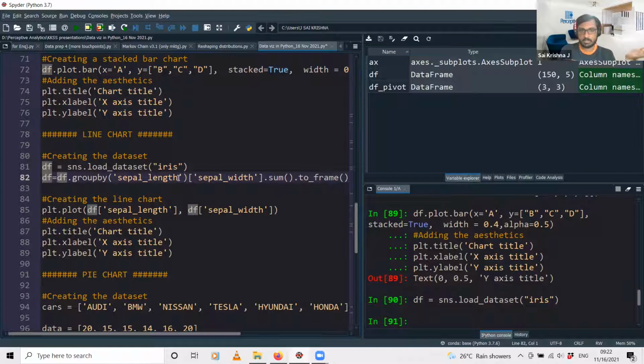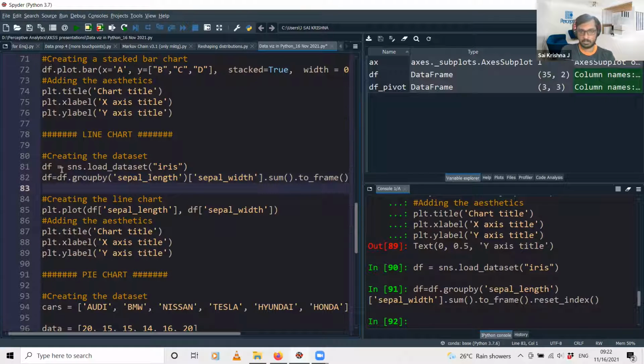Those flowers have sepals, which is a part of the flower. I am doing a line plot between the length and the width of that sepal. How does this width vary for different values of the sepal length? Just a simple correlation kind of table we are building based on the raw data.